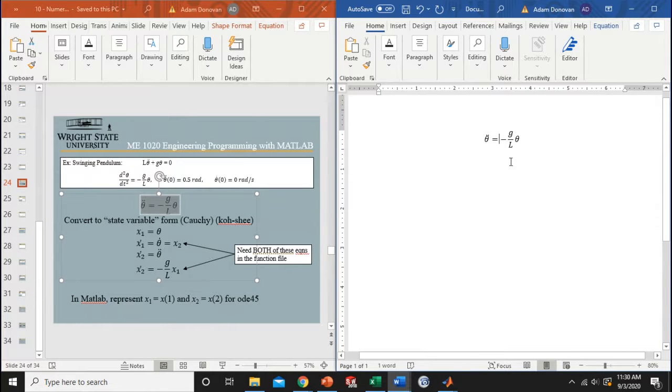And so I have to create state variables for it. My end goal is going to be to create a matrix of solutions that are going to be this x1 dot and x2 dot. So I'm going to set my theta equal to x1 dot as my start. And so I have to create this separate form of equations because it gets a little complicated. And so I want to set